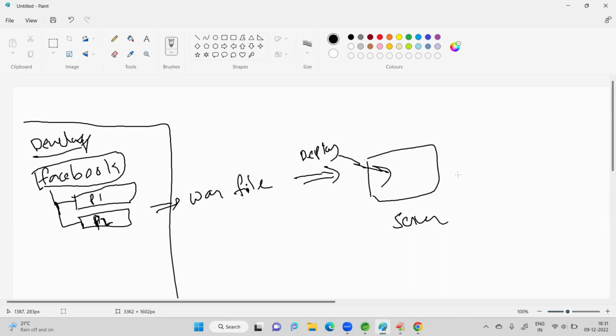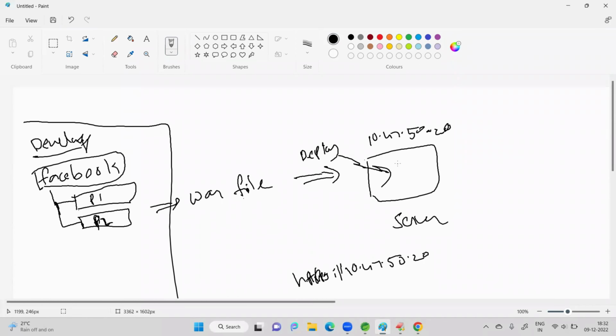Now maybe this server's IP address is some random number I'm taking. This server's IP address is this number. Now I want to access this application. Is this enough to access? HTTPS://. Now I am going to access this server from the browser. Will it be fine? No, because